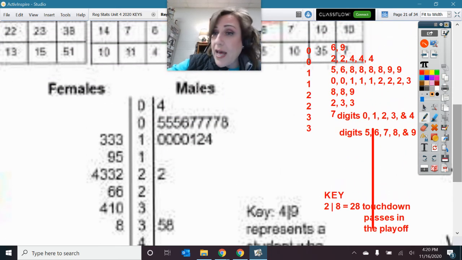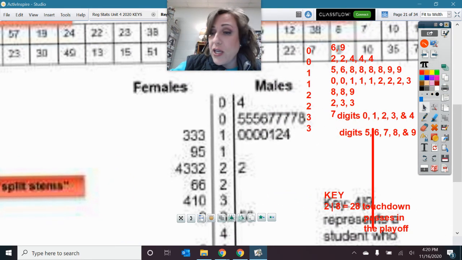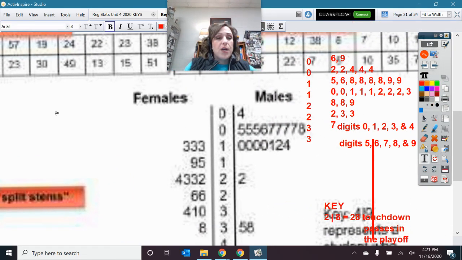So I want to do a new and better key. So we're going to move this right here, and then we're going to write a new and better key. So let's do that. Here's our key. And then what we're going to do is show something with both of these sets of data. I like to pick something where it's different for both the females and the males. For example,